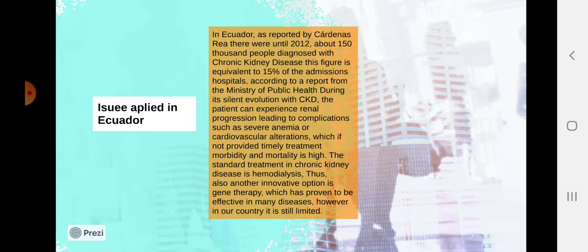Issue applied in Ecuador. In Ecuador, as reported by Cárdenas Rea, there were until 2012 about 150,000 people diagnosed with chronic kidney disease. This figure is equivalent to 15% of hospital admissions. According to a report from the Ministry of Public Health, during its silent evolution with CKD, the patient can experience renal progression, leading to complications such as severe anemia or cardiovascular alterations, which, if not provided timely treatment, morbidity and